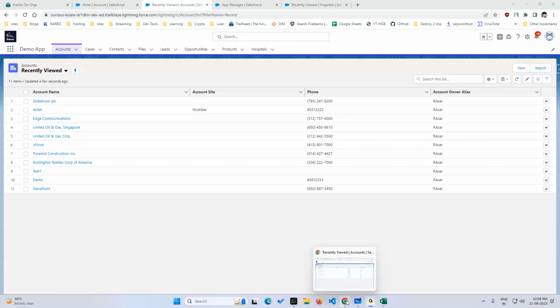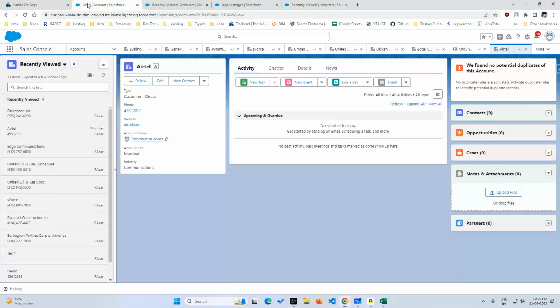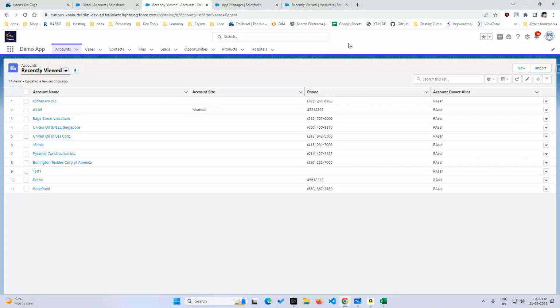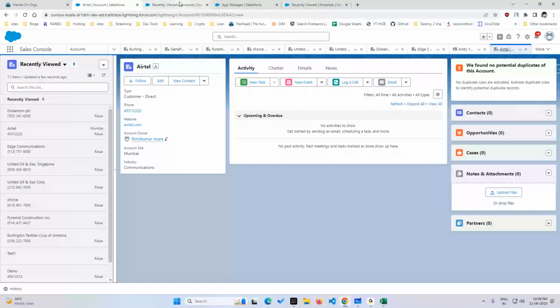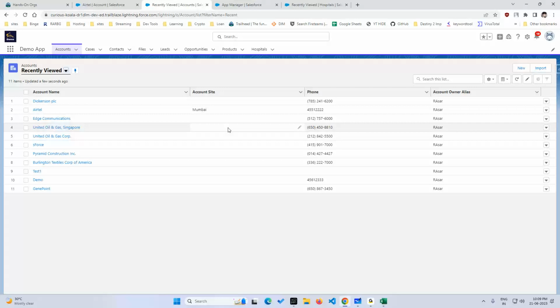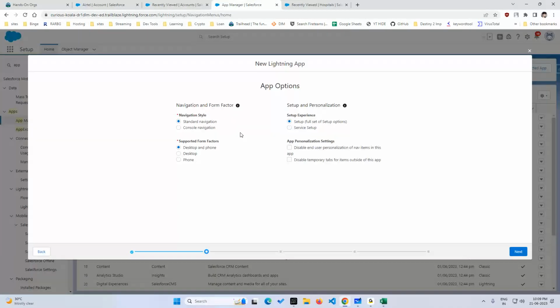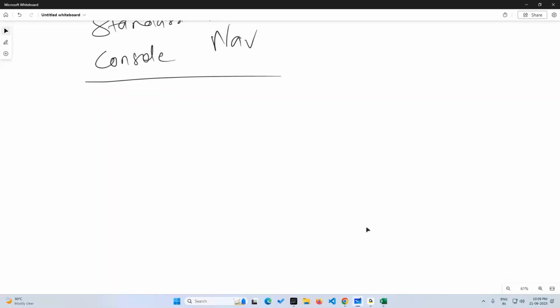Okay. Understood? Yes, sir. So this is the difference between the console and the standard. So this is a standard one, okay, and this is a console one. So we are going to use standard navigation a lot, okay? In most of the projects we use standard navigation. In some projects where we have to keep, for example,